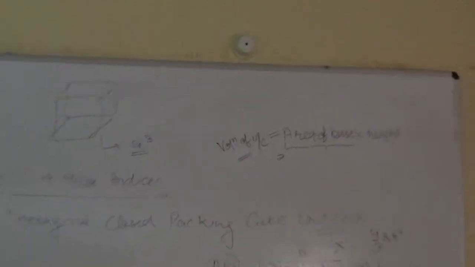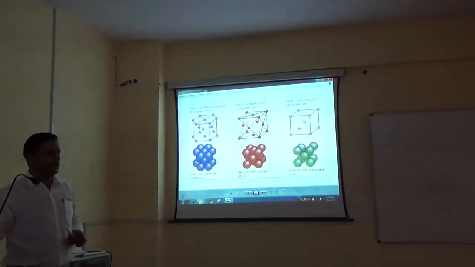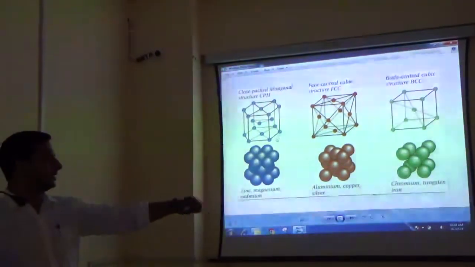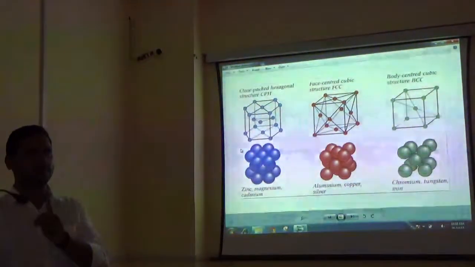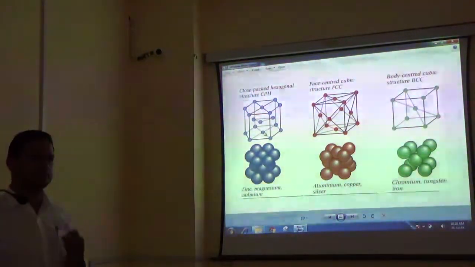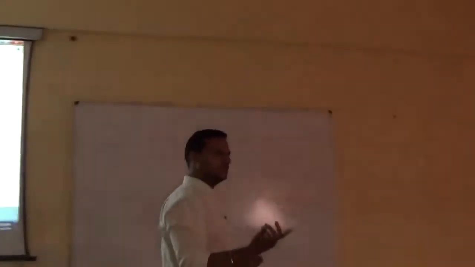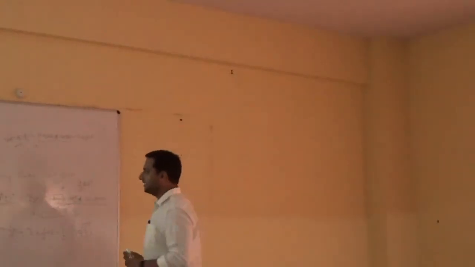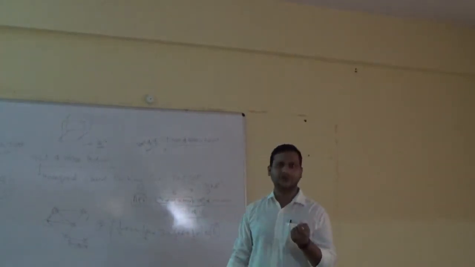Now have a look at this shape, hexagonal shape. If we extend a line from this atom to this atom, okay, as I did on the whiteboard, we can divide this whole hexagonal into 6 equilateral triangles. Yes or no? Now what is an equilateral triangle? Equi means equal and lateral means side. Okay, means the sides of each triangle are equal to A. Yes or no? And the number of triangles is equal to how much?